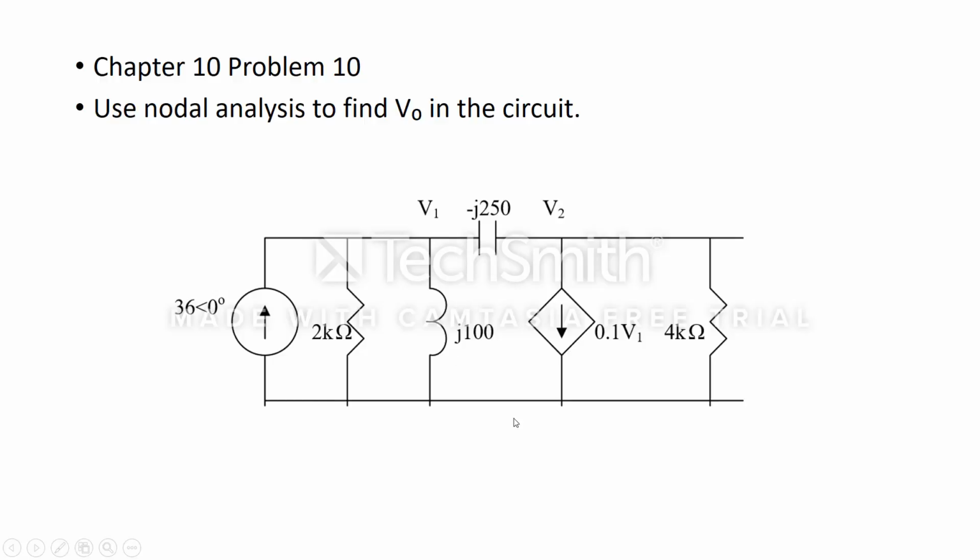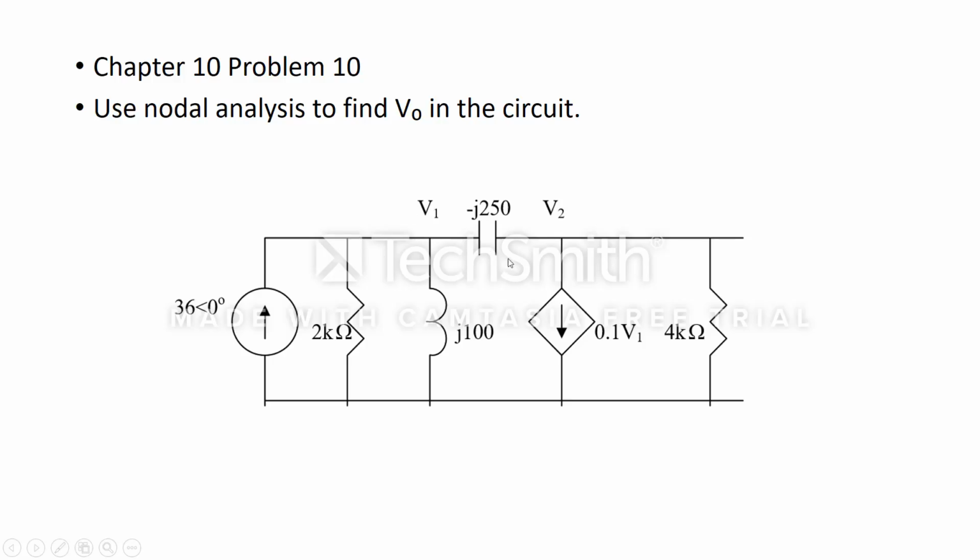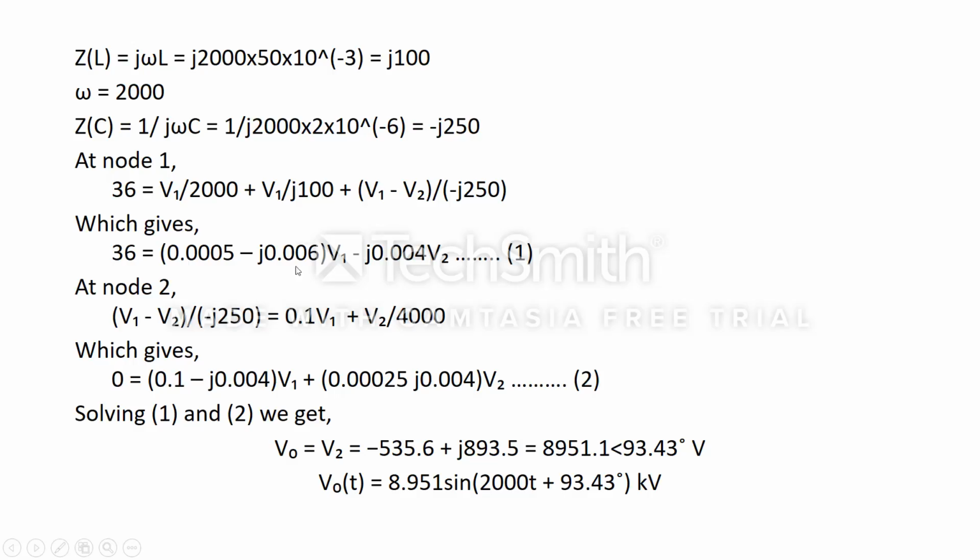I forgot to mention, we are assuming this line as usual to be a zero potential line. So V1 by j100 plus the potential difference across this branch, which gives us V1 minus V2 divided by the impedance across this branch, which is minus j250. So this is minus j250 over here. Solving this, we get a primary equation which we will keep aside to solve as a simultaneous equation